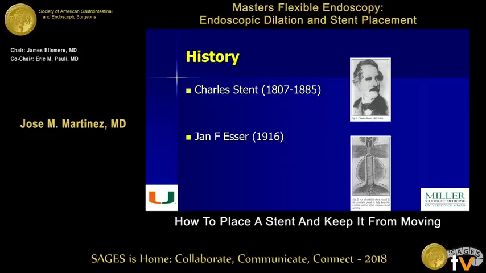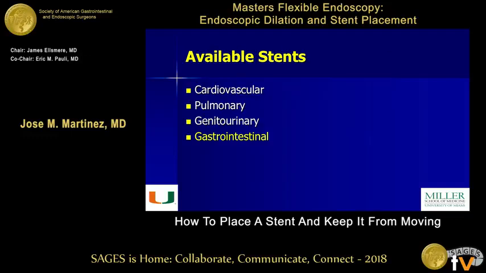A little bit on the history of stents. Just where did the word come from? Charles Stent was an oral surgeon. He had developed a compound, they call it stent compound. Esser was a plastic surgeon and used that compound to mold things, to keep things in place, and the concept of stenting came about. We know that we have stents for everywhere in the body now,